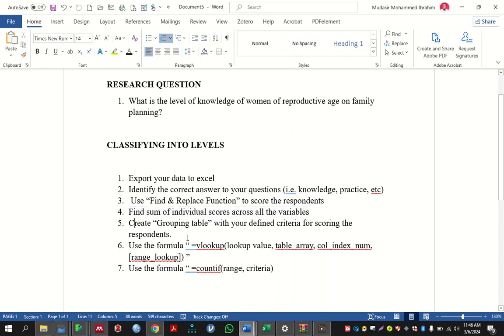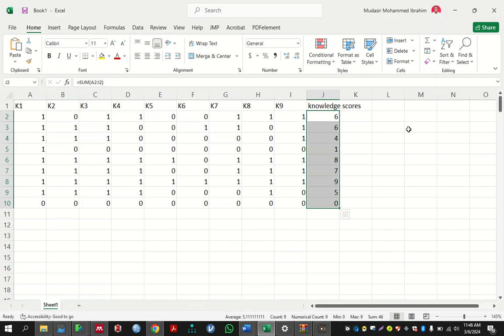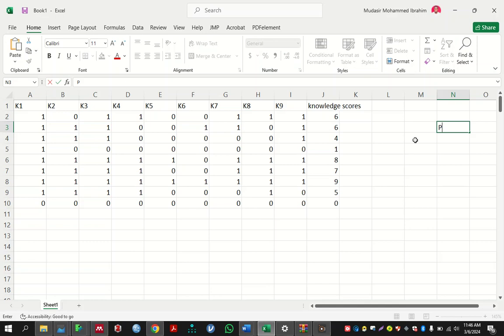What criteria am I using for scoring the respondents? So I quickly go to the next person. I'm grouping them into 4, from the lowest to the highest, moderate, then high. So I quickly define what I mean by that. Anybody that scores 1 to 4 should have low knowledge. Anybody that scores 5 to 6 should have